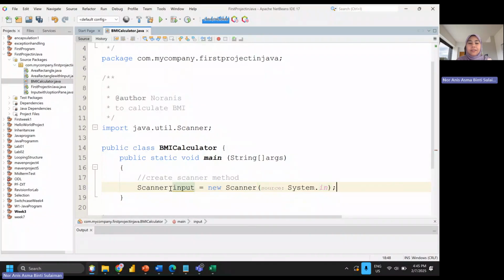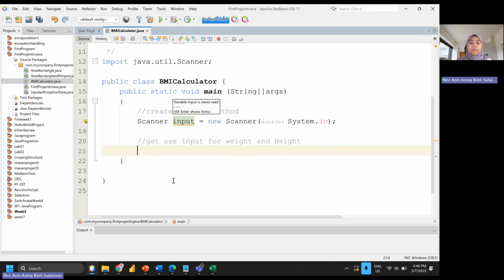Okay, so done. Next one, get user input. For the first input is weight and second input is height. So we start with the first input, which is weight. System.out.print, enter your weight in kg.